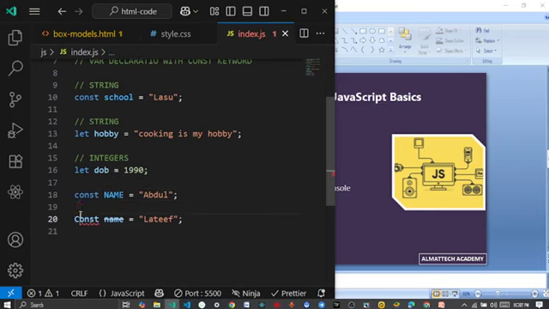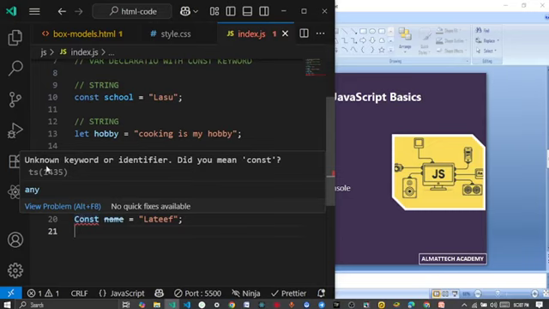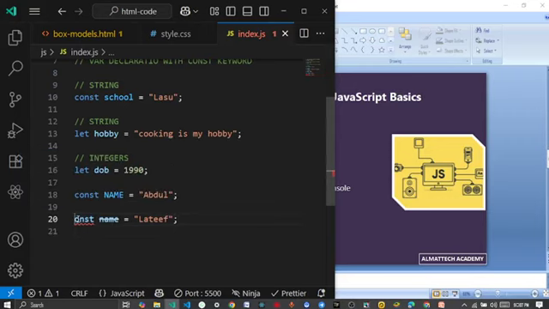Look at something I'm trying to say. So you can see now, putting a capital letter where you're supposed to have small letter, it is saying unknown keyword or identifier. So do you mean const? Exactly, we meant const, not capital letter C. So JavaScript is case sensitive, but it's different from